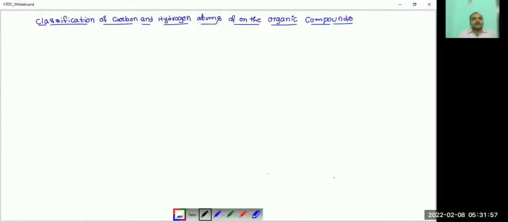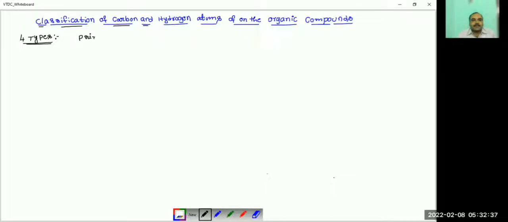Hello students. In this section, we will discuss classification of carbon and hydrogen atoms in the organic compounds. The carbons are classified into 4 types based on how the carbon atom is bonded with other carbons. Those 4 types are